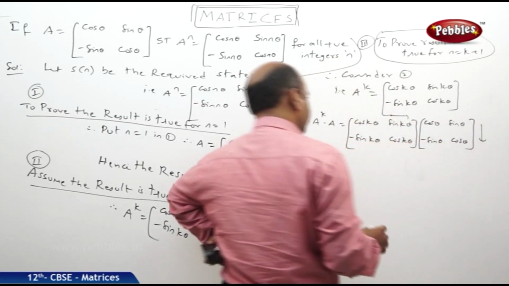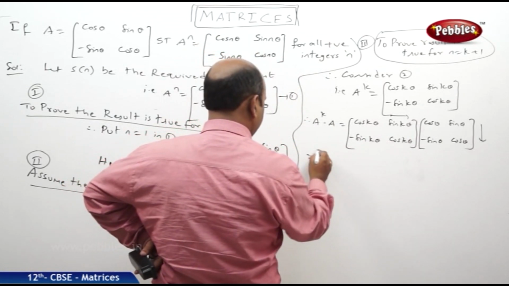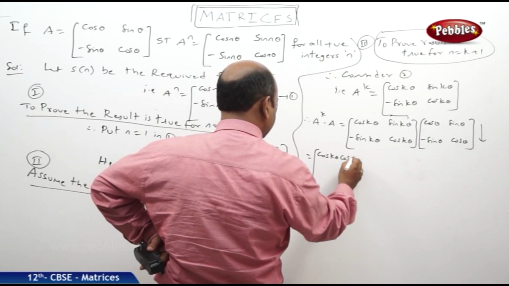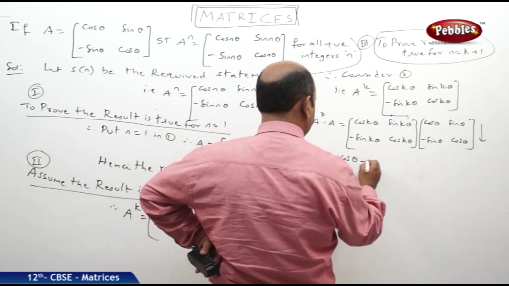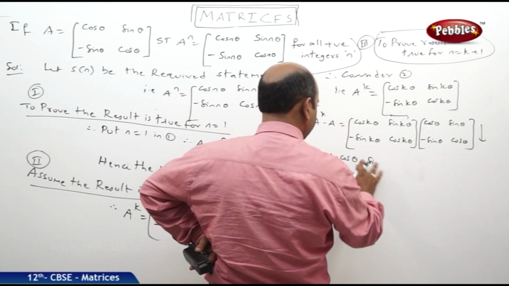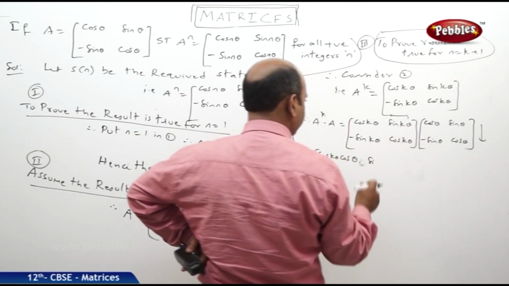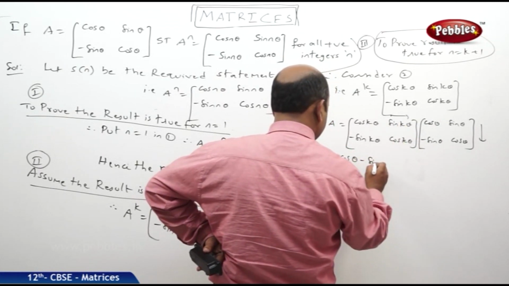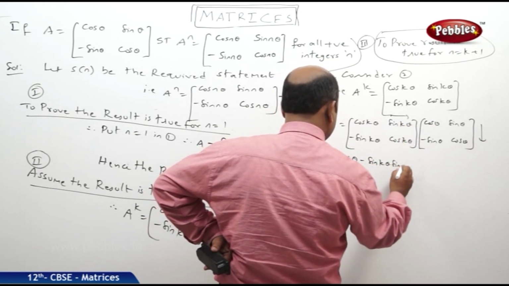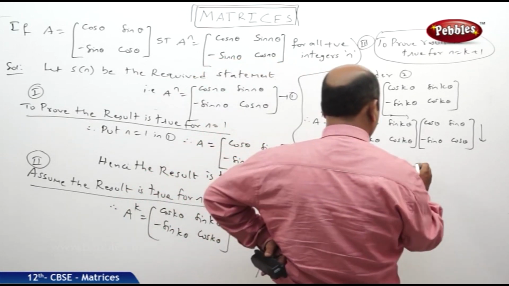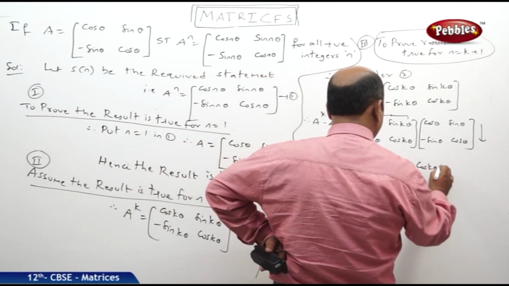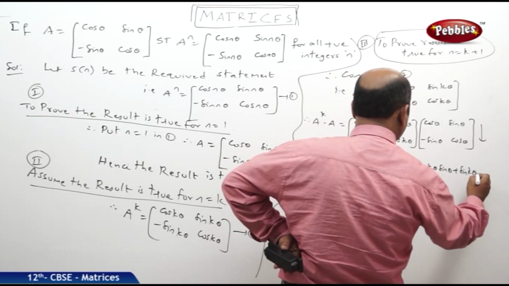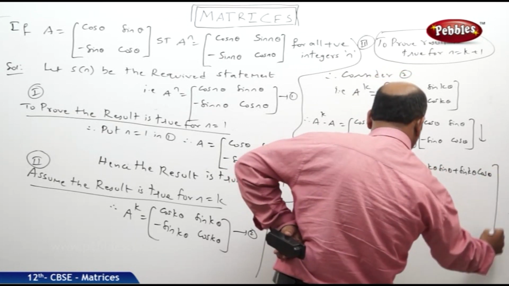So as usual, matrix multiplication. So what happens? Cos k theta cos theta minus sin k theta sin theta, and here also cos k theta sin theta plus sin k theta cos theta,